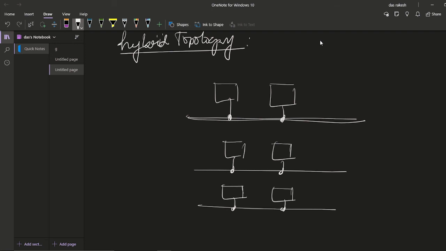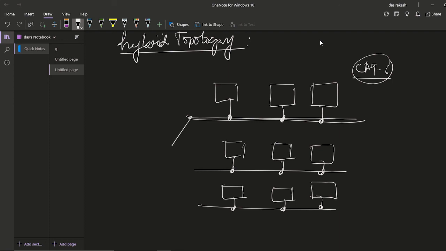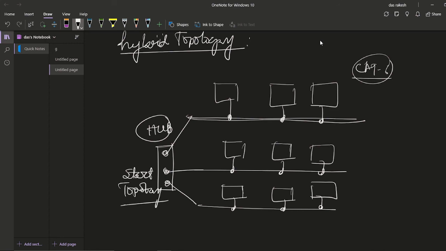This bus is basically an RJ45 or Ethernet cable, also known today as a Cat6 cable. In a later video, we will discuss the cable information, the different types of cable provided in the network. These 3 buses are connected to a central hub. Say one hub is placed here, known as the central hub, and these 3 buses are connected to it. So basically this is a star topology. That is why this is known as a hybrid topology, because hybrid means a mixture of different types of technologies, different types of networks.